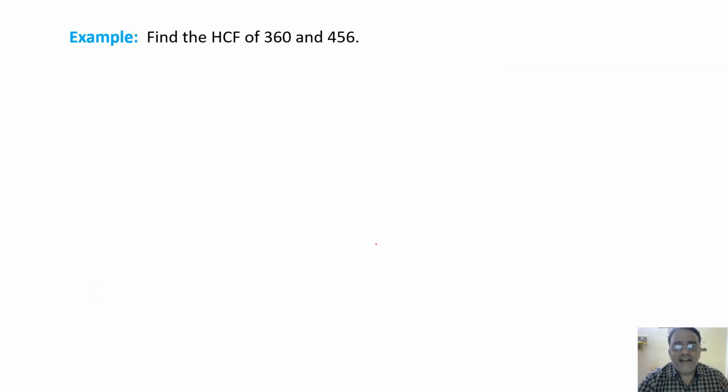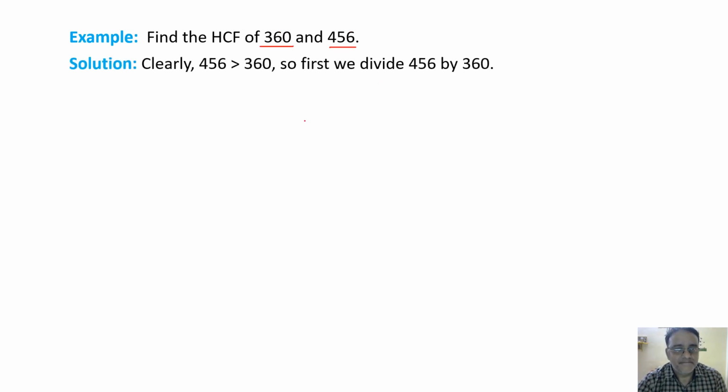So let us find the HCF of 360 and 456. Which is the larger number? 456. So first step we have to divide the larger number by the smaller number. ठीक है? So 360 times 1 is 360. तो first step हम लोग को 360 times 1 360 मिला. So what is the remainder we are getting? 96 remainder. So 0 नहीं है. तो क्या करेंगे? स्मॉलर नंबर को रिमाइंडर से डिवाइड करेंगे.